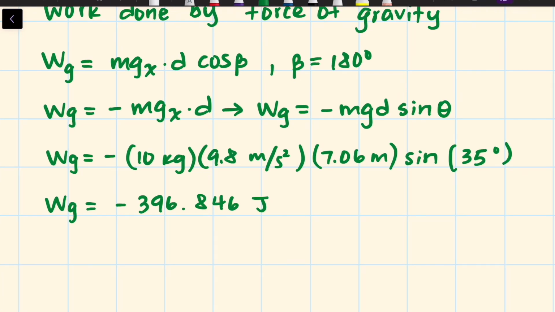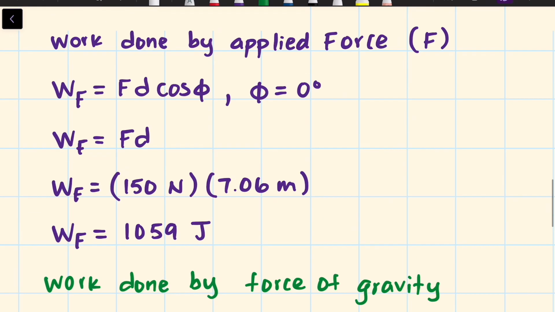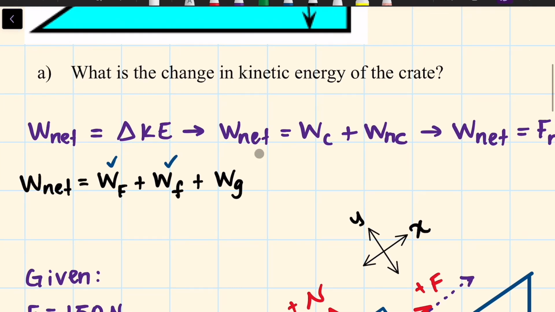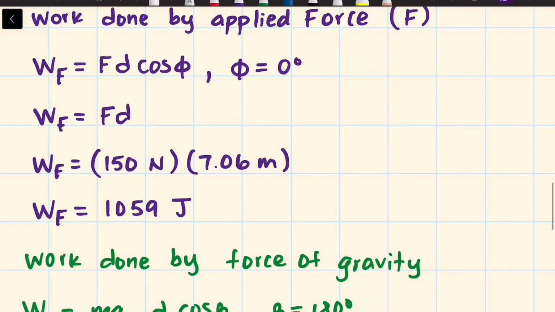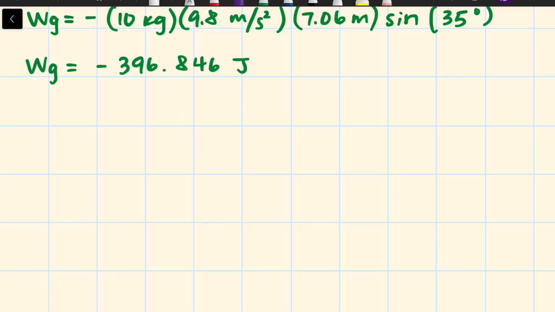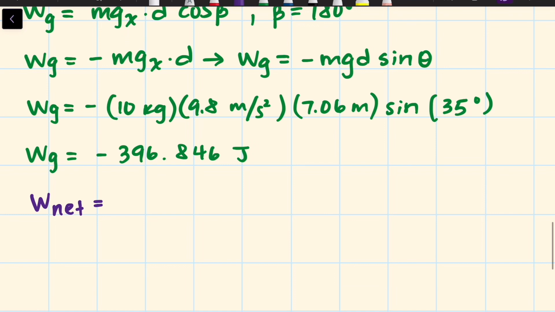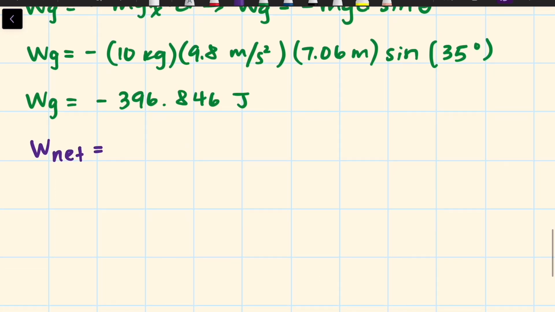So now, how do we find the net work? Let's go back to the very first relationship we wrote down. So we need to combine, add all of those works. So all of them. So then the net work is going to be the work done by the applied force. And that one was, what was it? Yeah, 1059 joules